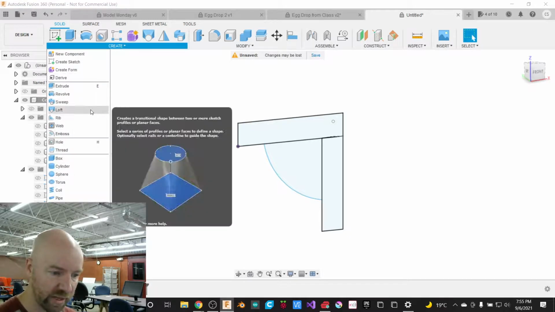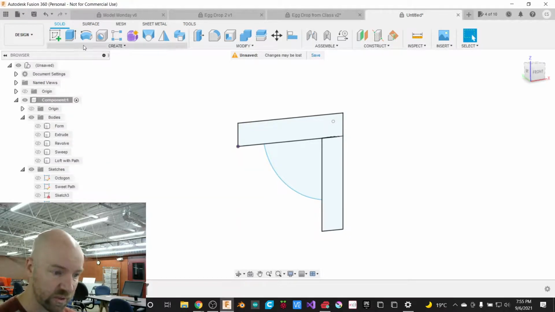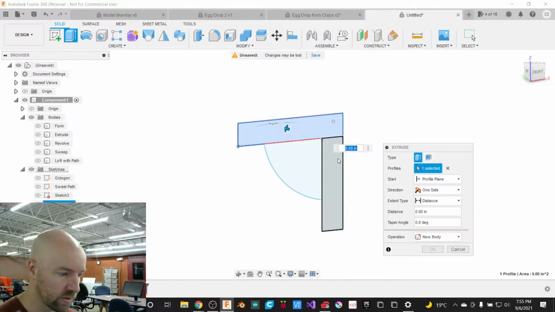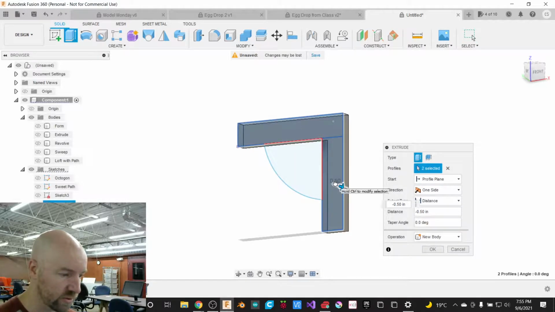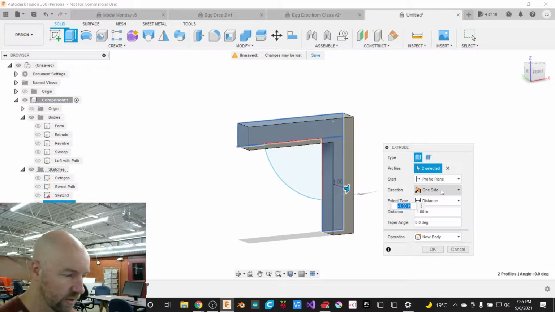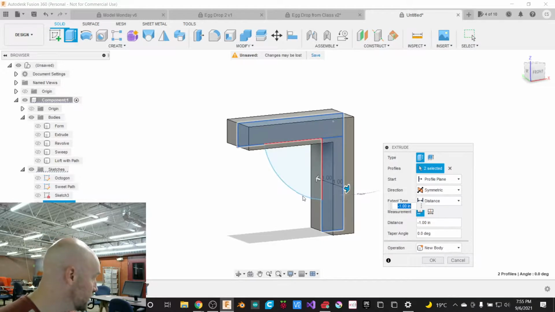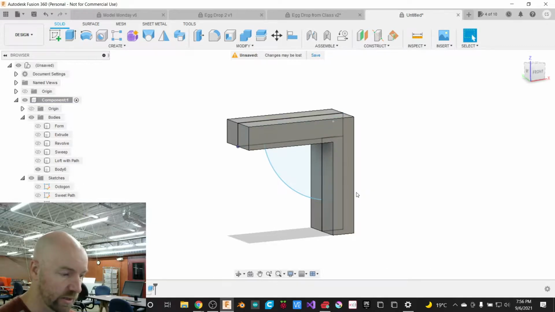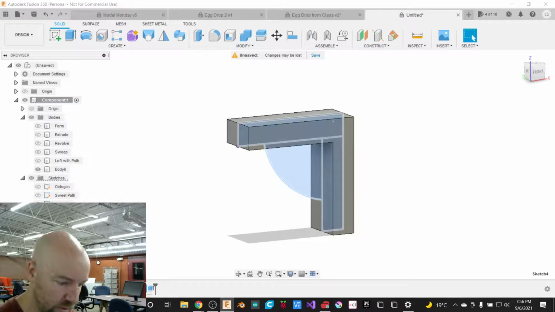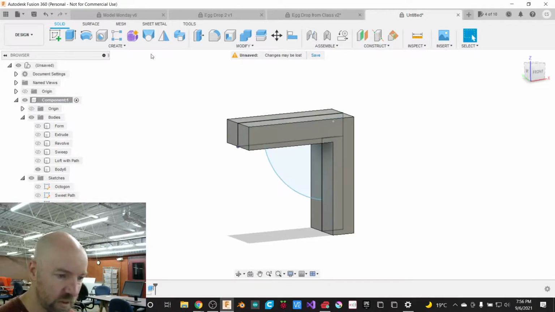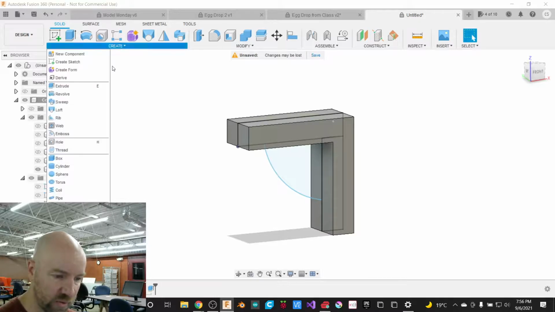But now if we grab that rib tool, actually I bet we first have to extrude out this shape here. So here's an occasion where symmetric really comes in handy, because we want that rib to be right in the middle there. Having a symmetric extrusion lets us have all that sketching on the same sketch here. What's this sketch? Unknown. This is my rib. And now if I go ahead and create a rib,